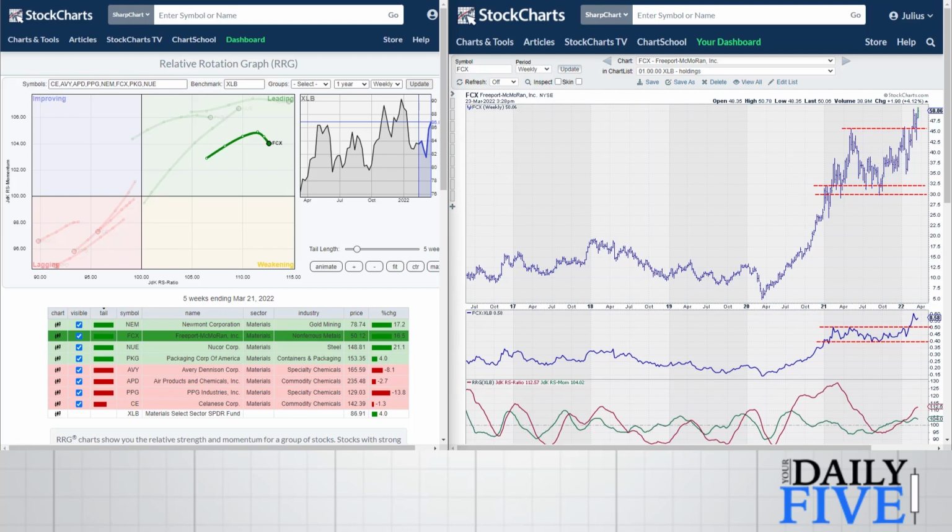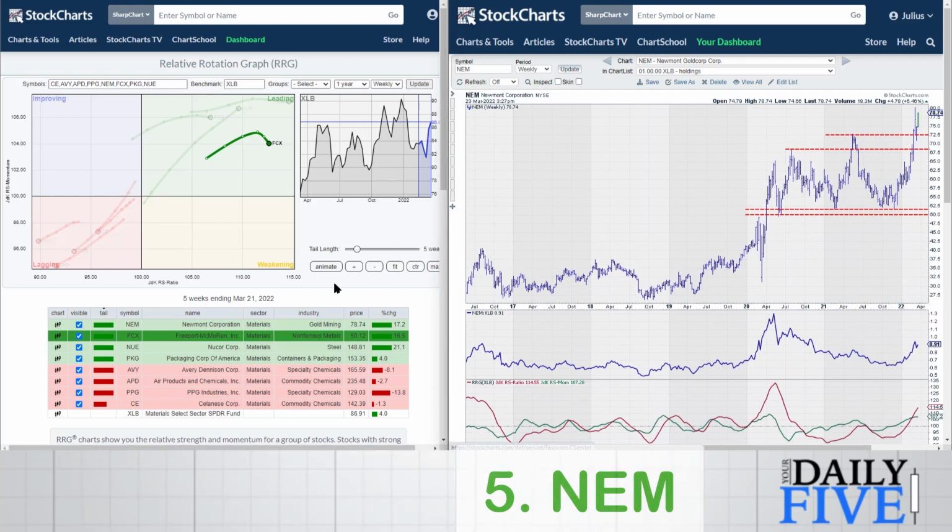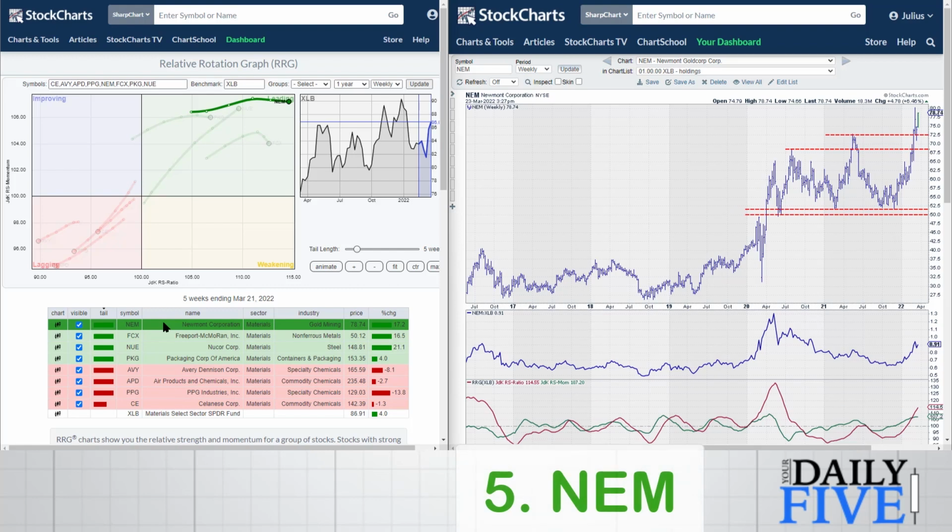And then the next one, the last one here, is NEM. I'll put that in the tail there, and you see that it is solidly inside the leading quadrant, moving further to the right, and a very clear break from this massive, almost 2 years, consolidation area between 52 and 72. I know it's a massive range, but when you break out of a massive range, you usually get a massive move. Combine that with the big turnaround after a 2-year declining relative strength, I think that Newmont Corporation is setting up for a nice move higher,